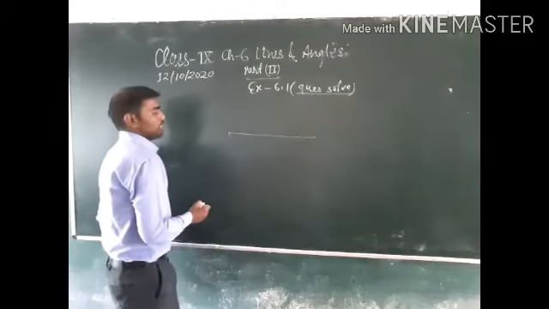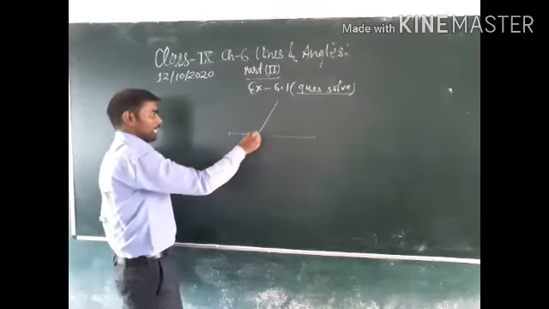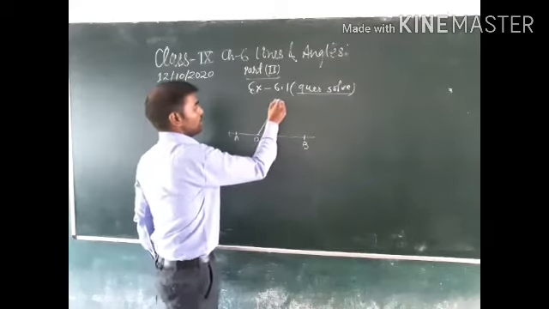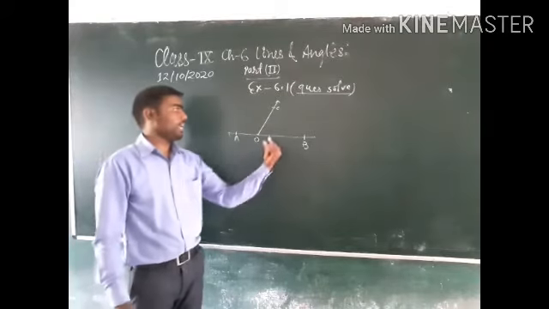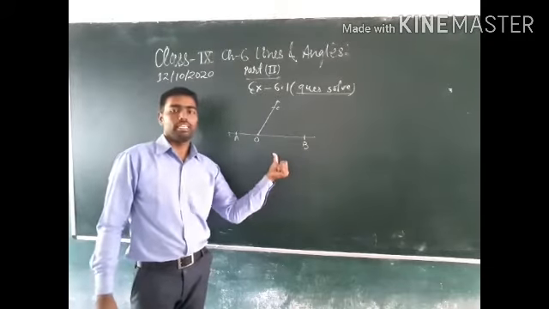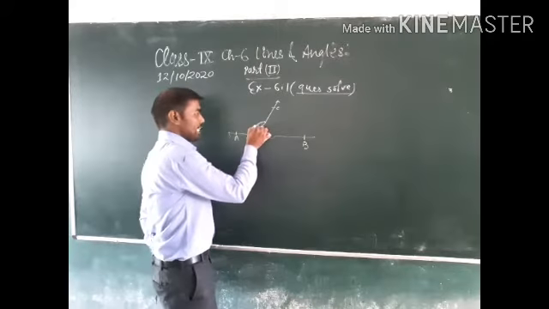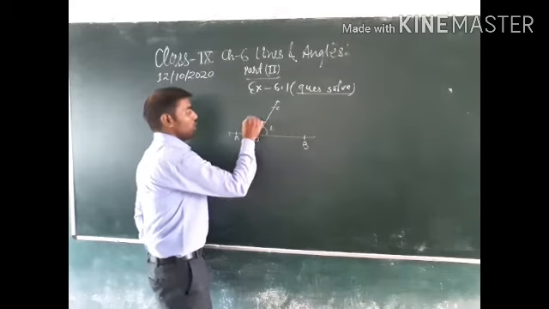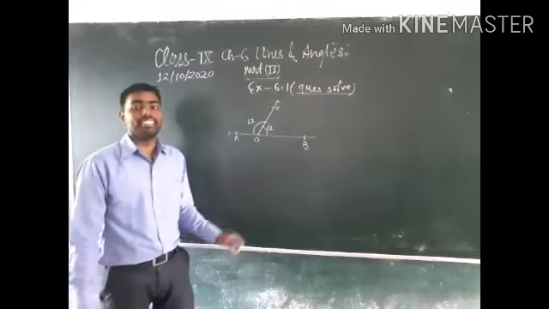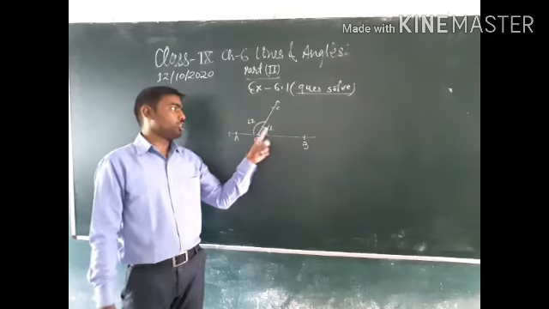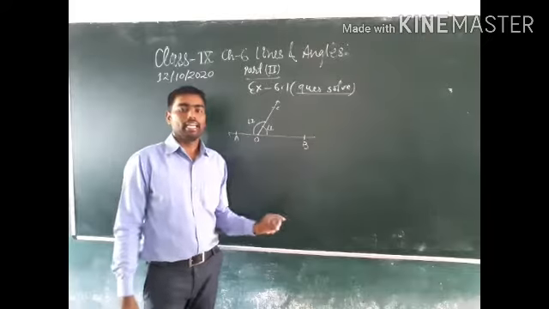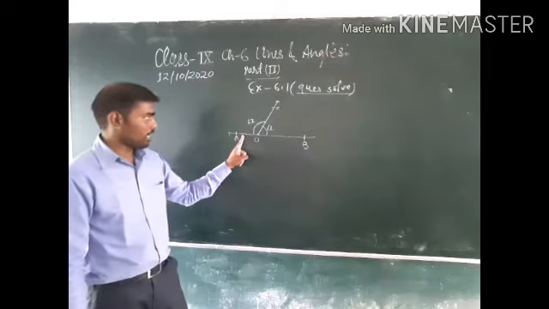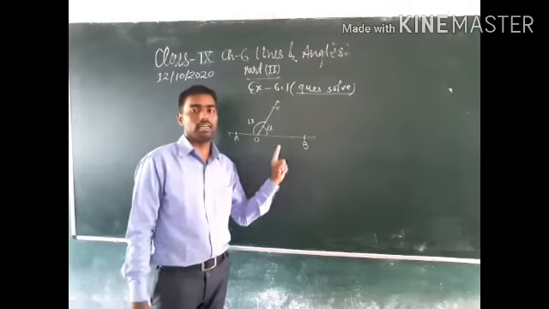this is a line and this is a ray standing on line AB. This is point A, B, this is point O and this point is C. A line AB and a ray OC is incident on AB. Then this angle and this angle, this is angle 1 and this is angle 2. Angle 1 and angle 2 are adjacent angles because this is the common vertex and these arms are in opposite direction and this is the common ray.